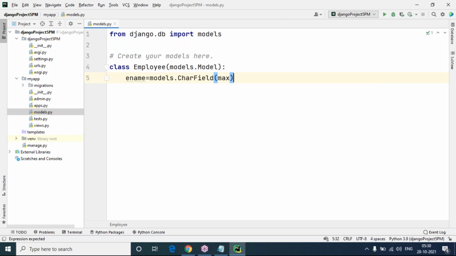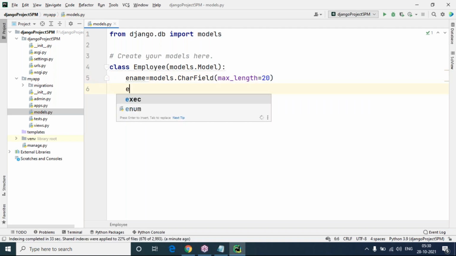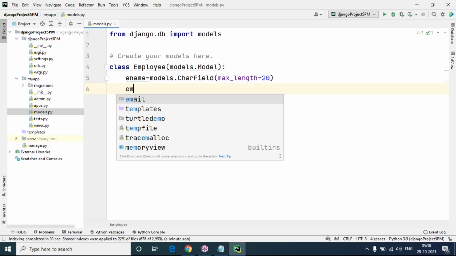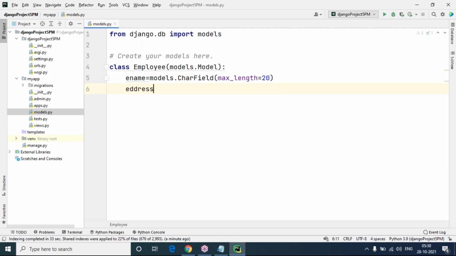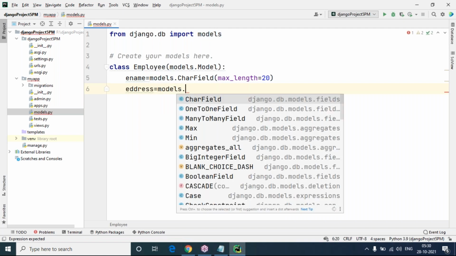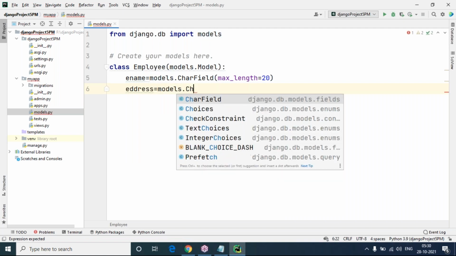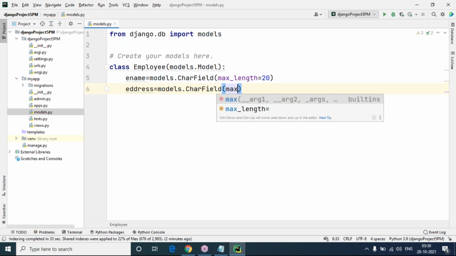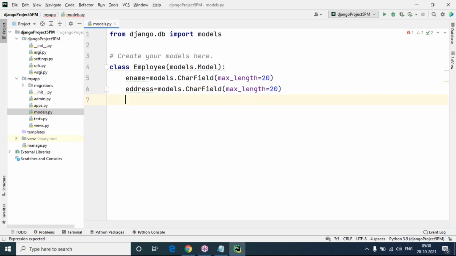Max length is optional, not compulsory here. ename, max_length equals 20. Next, e address, better to take eaddress equals models.CharField of max_length equals 20. Next, I'm taking email equals